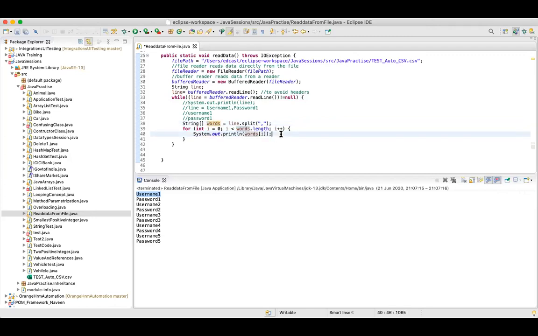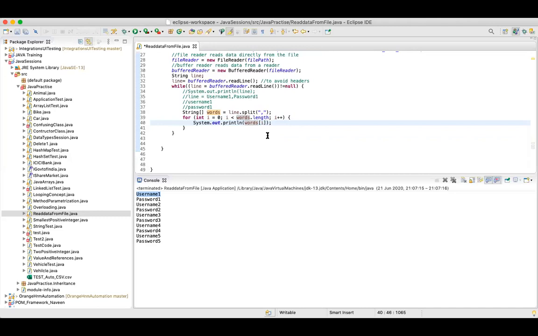Now someone says, what if the value of a non-mandatory field is empty, like middle name? So if there are no values, there would be no value in words as well, right? So you won't get any values over here. If you don't get any values, and you try to use it in Selenium code, let's assume on the website the middle name field is mandatory, and here you're getting it as null, then your Selenium code should throw an error. So this way we can use